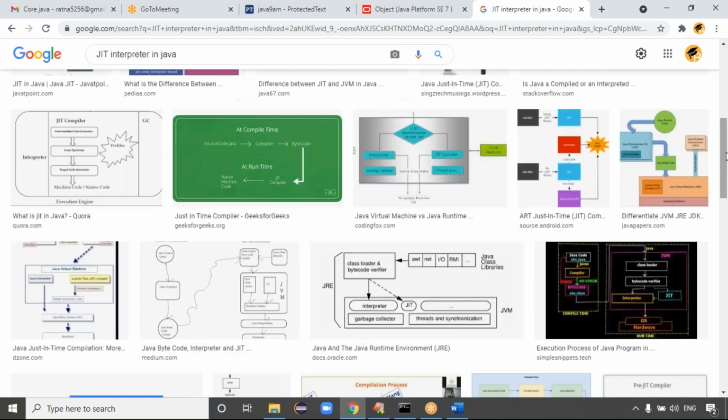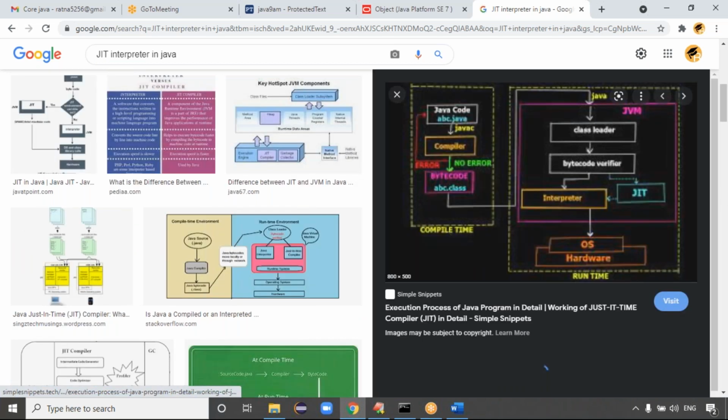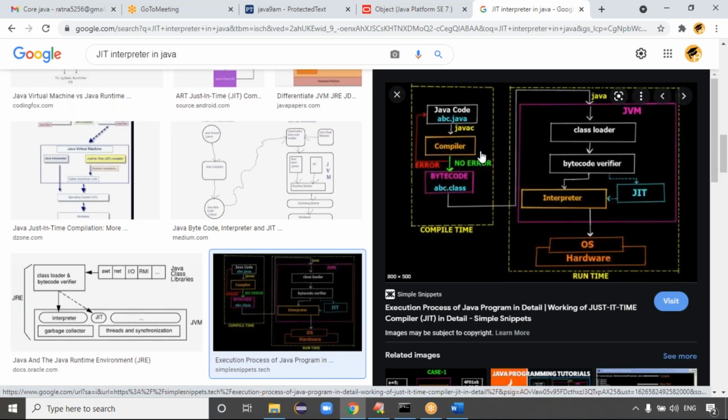Where a single line of code is there, the interpreter takes it. The Java compiler compiles with no errors and produces bytecode. Then it goes to the class loader subsystem, where the bytecode is verified.